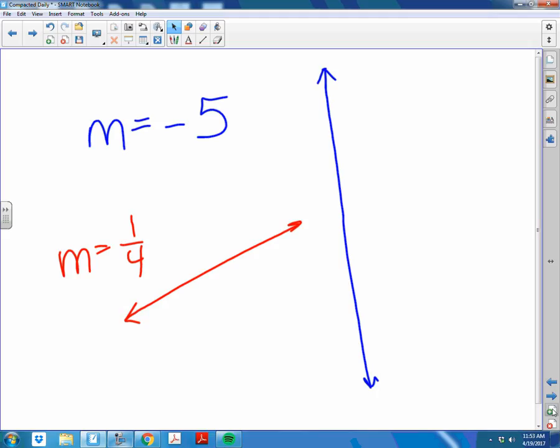Okay? Any questions on how to find slope from a graph? Rise over run, rise over run, rise over run. Okay, so once we get that, then